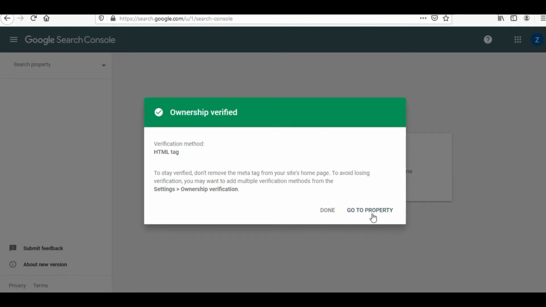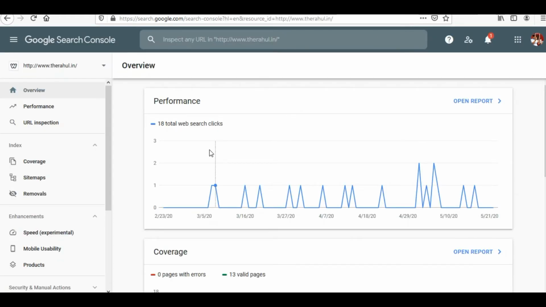For the purpose of this demonstration of how to link a website, I have used this particular dummy site, but I will show you data from one of my different websites, to show how it looks. Once you go to your property, you will find some information like this. This is the property which is verified by me. I own this property, this website, rahul.in. If you have seen the previous tutorials, you know about it.